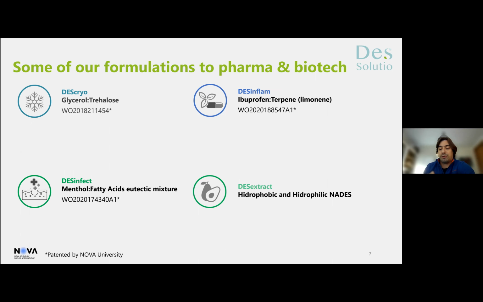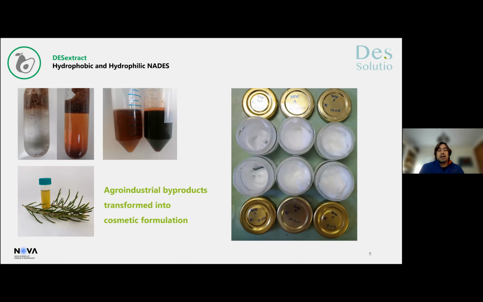And these are the four markets that, well, there are a lot of markets where deep eutectic solvents, luckily they are very versatile, can be implemented, but these are the ones that we are focusing on more, mainly due to our expertise, of course. Well, extracts, as I told you, I cannot talk a lot about this because of NDAs, but